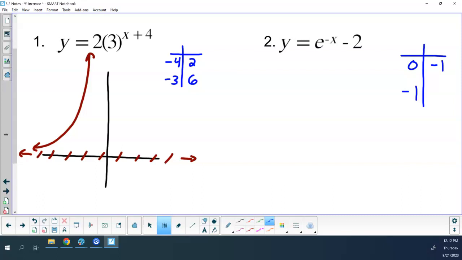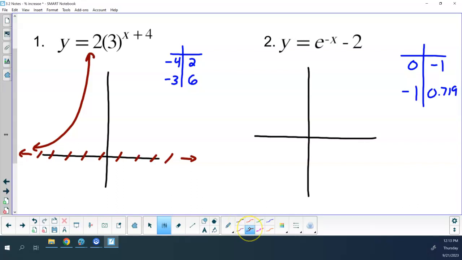If I choose -1 as an exponent, then I've got e to the first power, which is 2.719-ish, minus 2 would be 0.719-ish. Okay? So when I graph this,